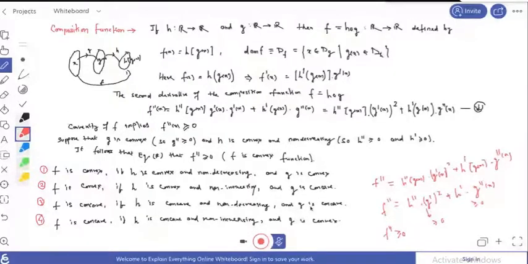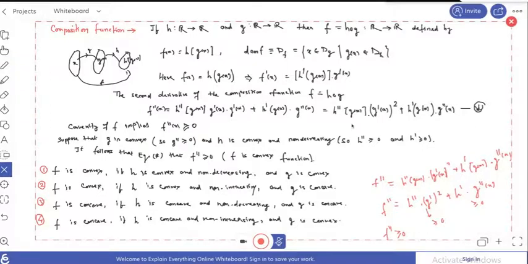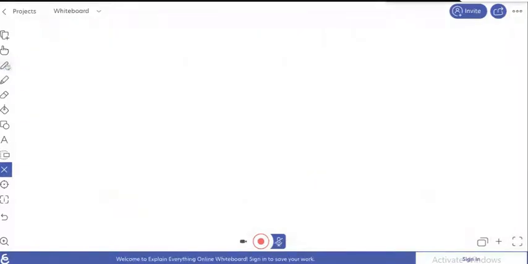Okay. So if you take some examples, which is depending on that composite function. So on next page, if we take some example here. Example is if the g is convex, if g is any convex function,